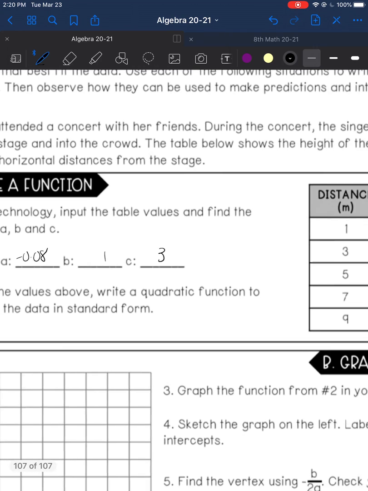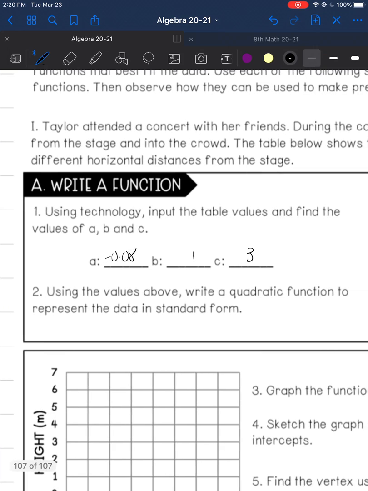So using the values above, we're going to write a quadratic function to represent the data in standard form. Remember, this is the f of x. Well, in this scenario, it's h of x. In standard form, equals ax squared plus bx plus c. And we have our a, b, and c now